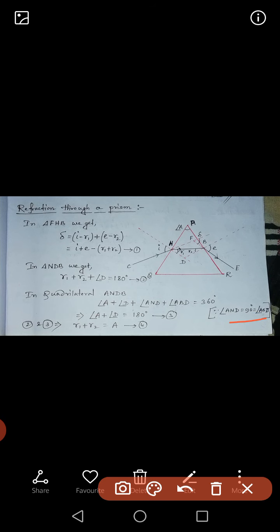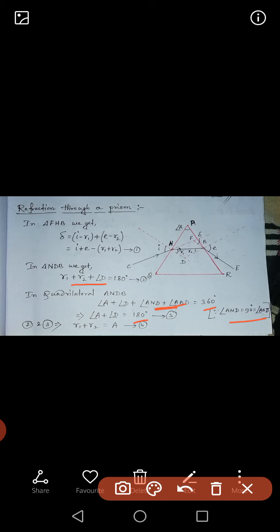Rest two angles we don't know. So we will keep this angle as A and this angle as D. So A plus D plus the rest two angles, which are 90 degrees, just now I told. So here we write 90 plus 90, means 180. And we know that the summation of all four angles in a quadrilateral is 360. So taking this 180 to the right hand side, 360 minus 180 also gives us 180. So we have A plus D is equal to 180, and here we have R1 plus R2 plus